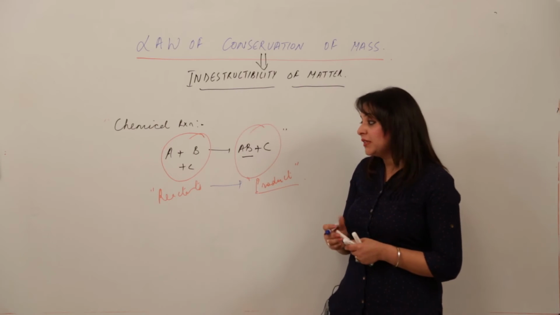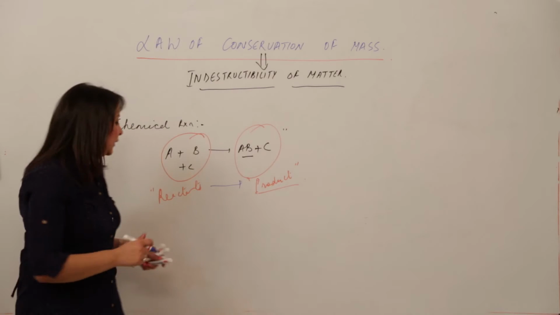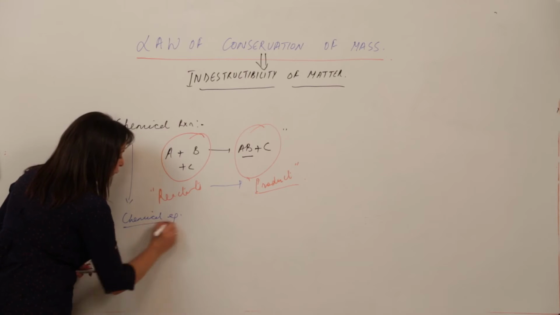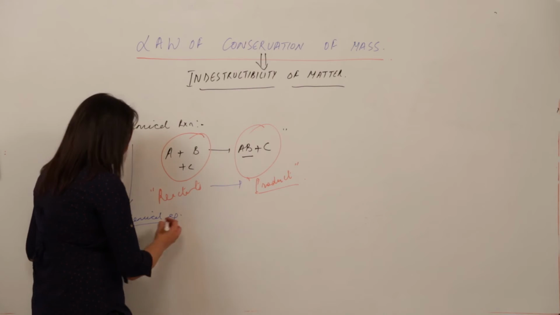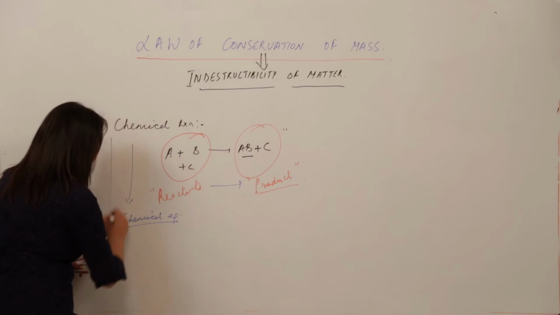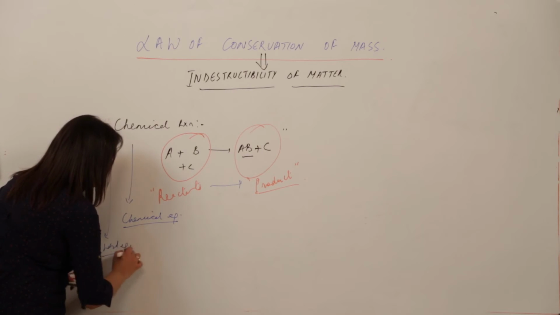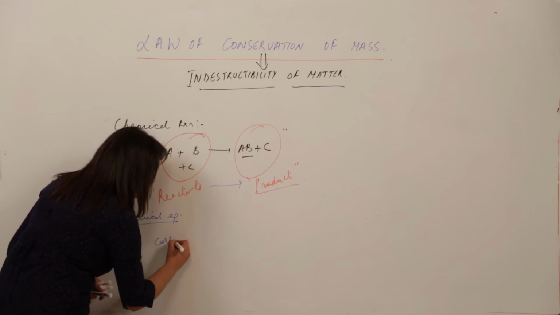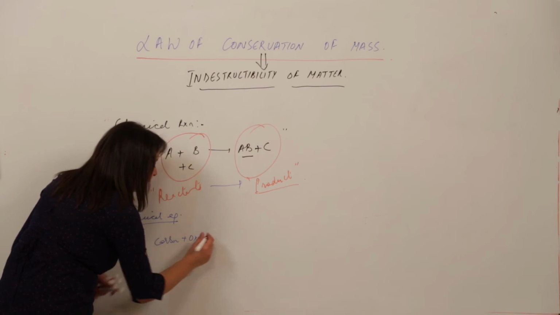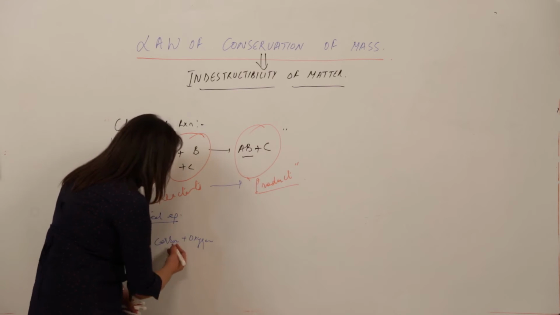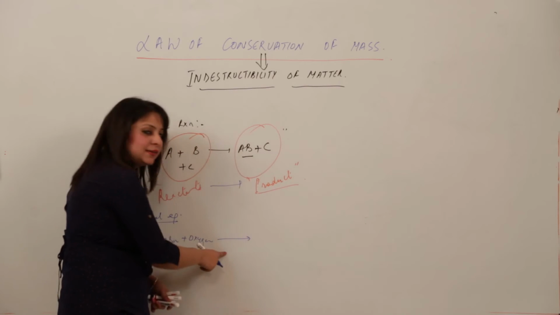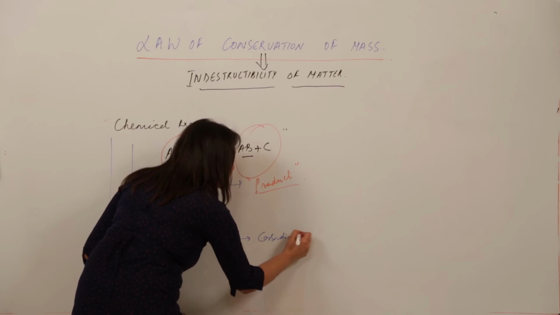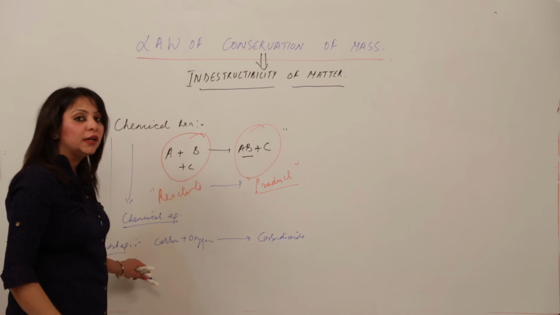See, the representation of a chemical reaction is done with the help of a chemical equation. What do we do in a chemical equation? We have two types of method to represent: one is a word equation, another is a chemical equation. Word equation, if I take an example, carbon plus oxygen, plus means we are mixing them. So carbon plus oxygen gives rise to, indicated by an arrow, carbon dioxide. So this is a method to represent a chemical reaction in terms of a word equation.